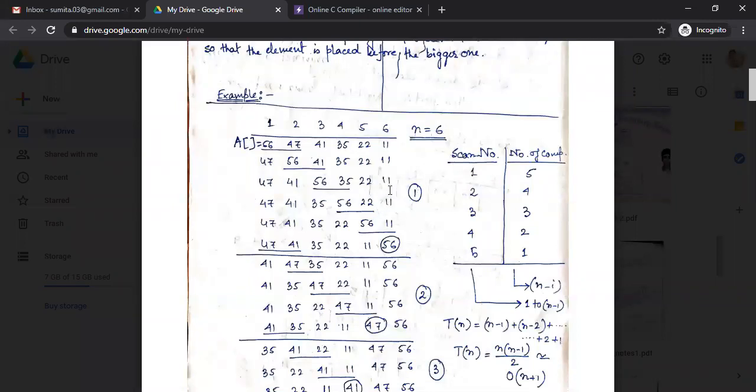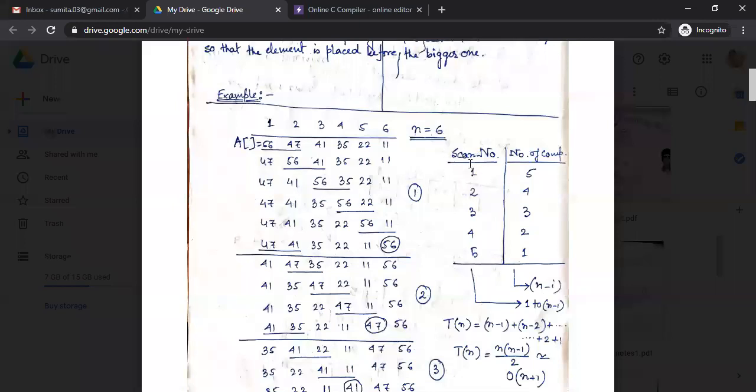Now, the question is, what is the inner loop structure? Because we know that the pass number will execute n minus 1 times. So it starts with 0 and ends with less than n minus 1. No problem with that.